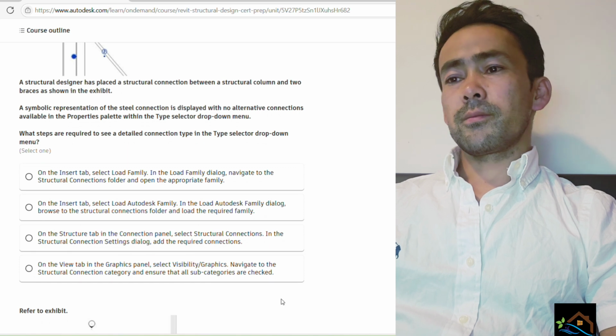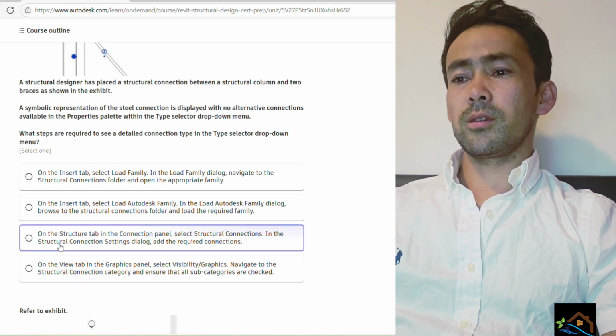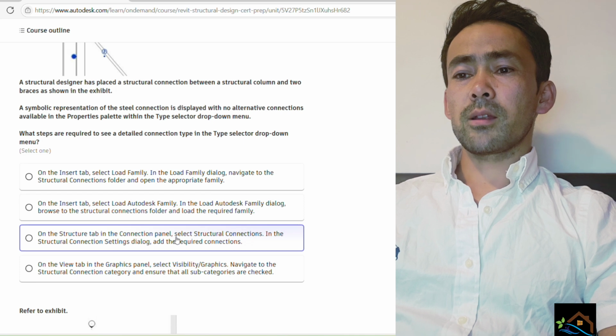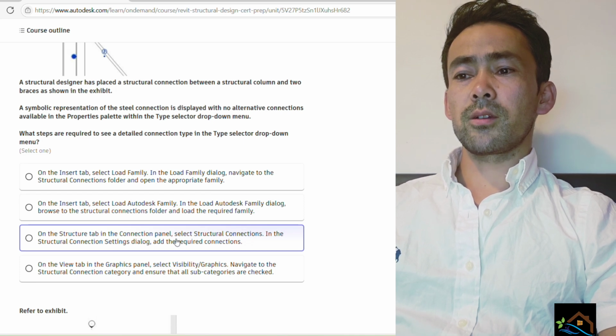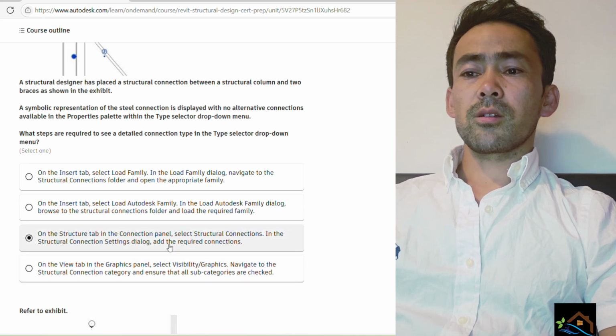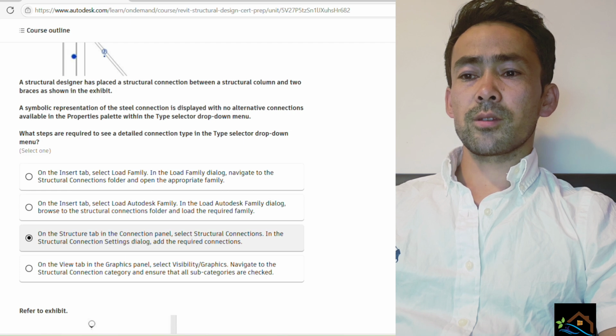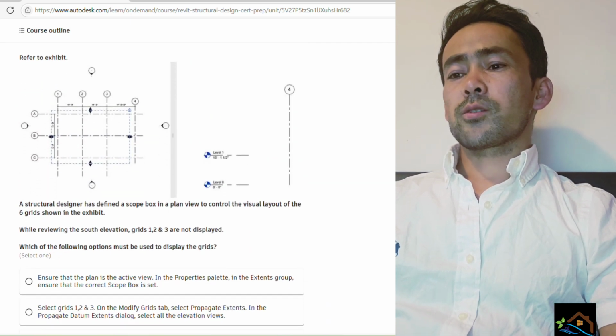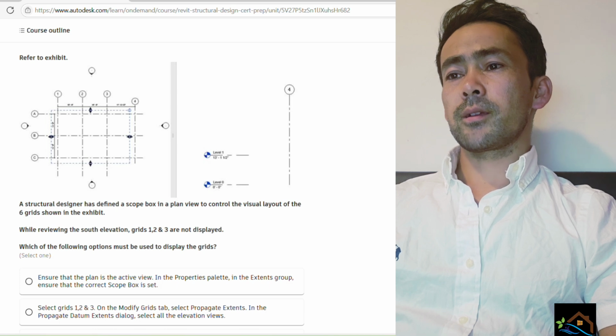If we want to see the connection types, we go on the structure tab in the connection panel and select the structural connection, and there in the structural connection settings dialog add the required connection, and this is the answer. Next question is